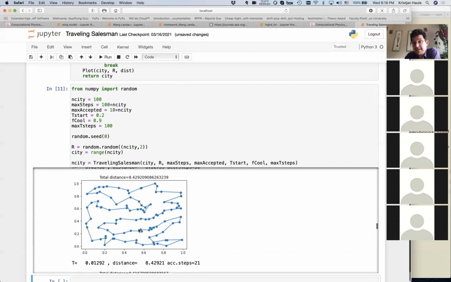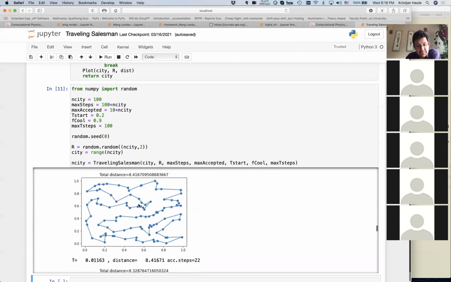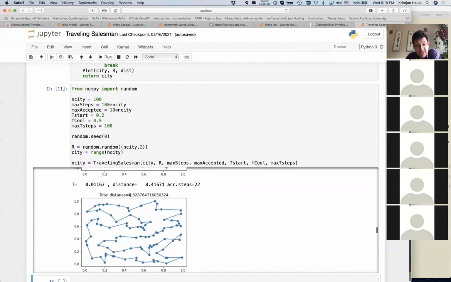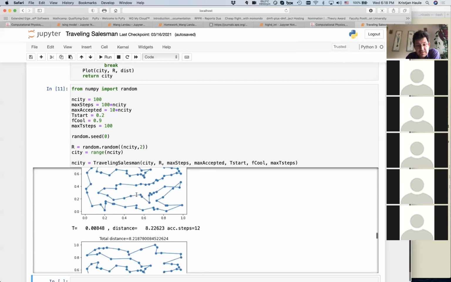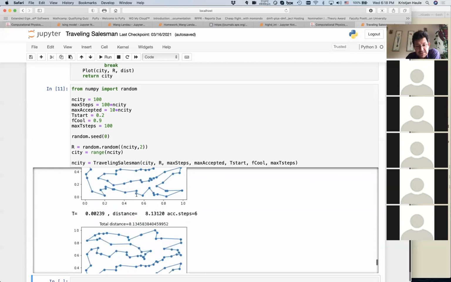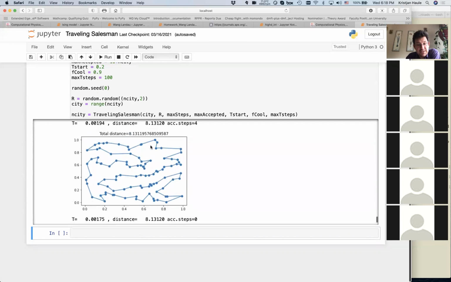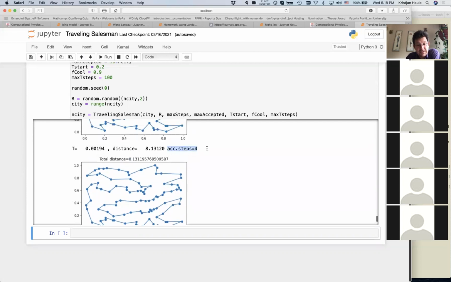But that doesn't mean that, of course, the minimum is the smallest, not necessarily. So we are still at a distance of 8.4, 8.4. We're still making some changes, 8.3, and so on and so forth. And eventually, after many, many more iterations, we managed to get to 8.1. So 8.13, and I think here it stops because of the changes. You see, here we still have accepted steps, 4